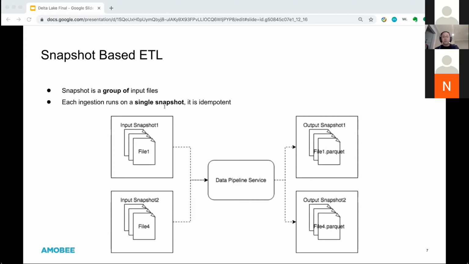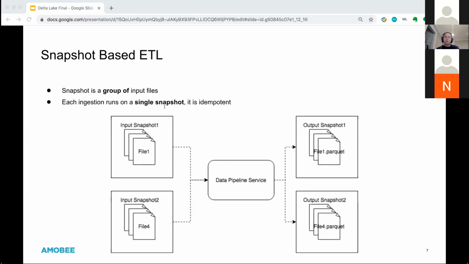How does it help us? The snapshot-based ETL gives us better management of the input and output files. It works pretty well in production. It gives us the data lineage between the input and the output, and also each ingestion or each ETL on this snapshot is idempotent.